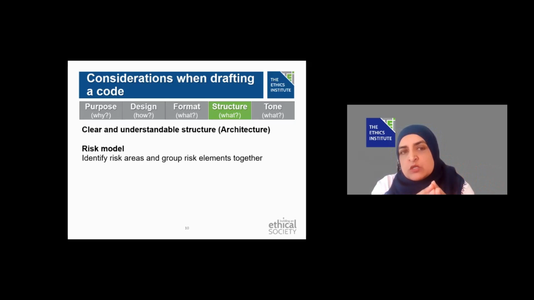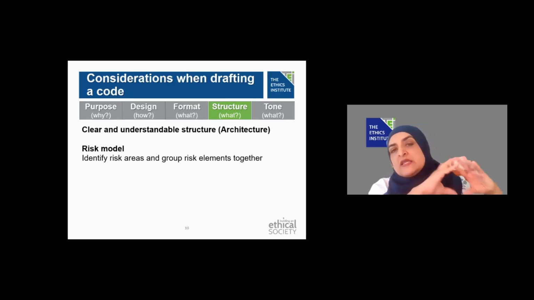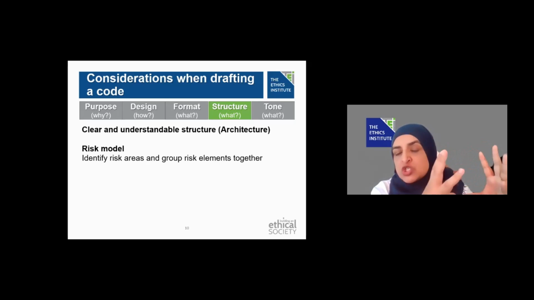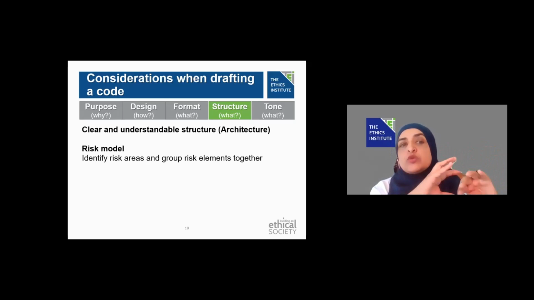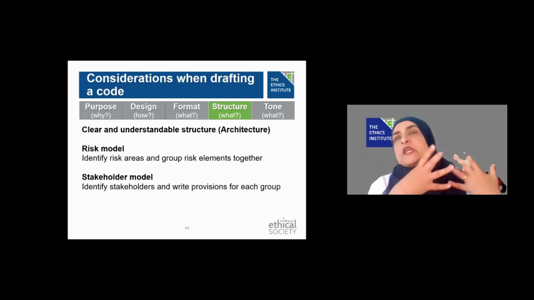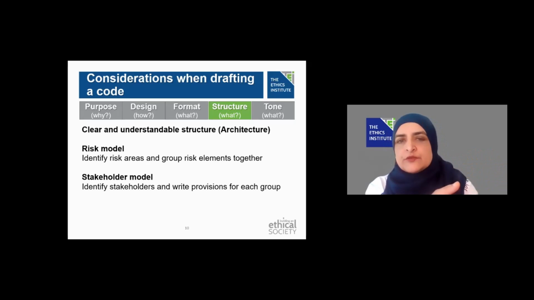So some organizations find that what works best in terms of structure is to adopt a risk-based model. A risk-based model is one where the drafters or the organization would identify their risk areas, like they would have done from the risk assessment. They group that together and organize the structure of the document around the risk. So the whole code of ethics is structured around the key risks for the organization. You could find this perhaps in regulated industries, maybe like the cellular phone industry or the banking industry. They tend to adopt that sort of approach, and it's very much about the context.